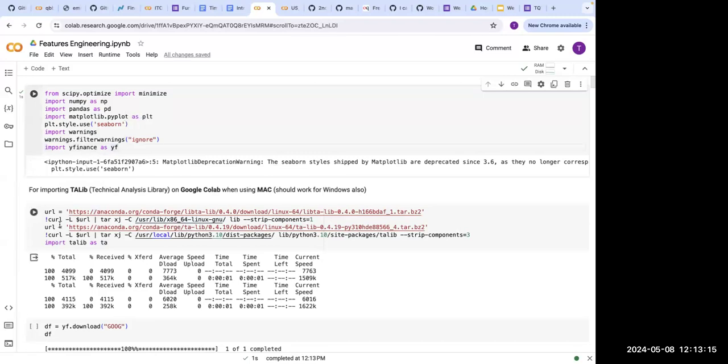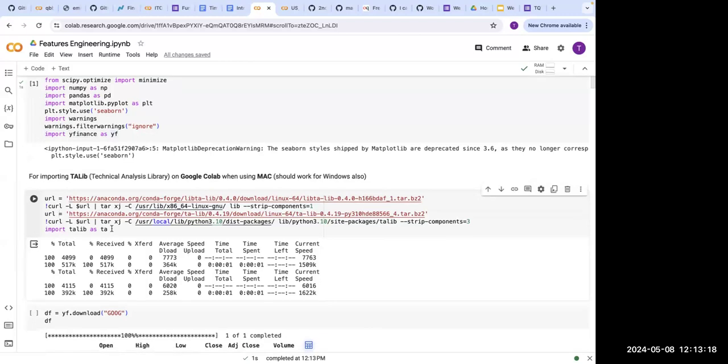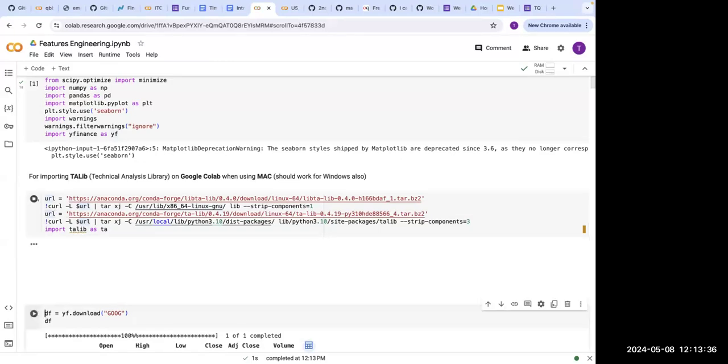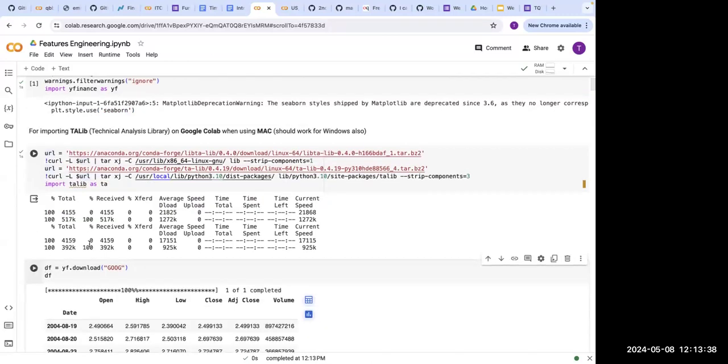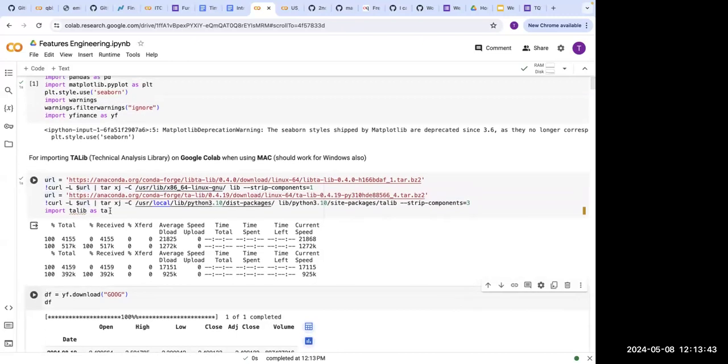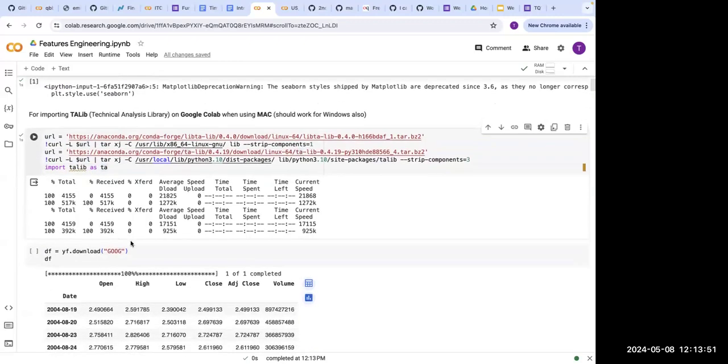That's first. And then you have one more library called TA-Lib. TA-Lib is short for Technical Analysis Library. On Google Colab, to import this you have to do some package adjustments. I found it out through other online portals, and it took me a while to figure out what was wrong. So try to run this. I hope this works. If you just do import talib as ta, it might not work, but usually that's the way you do it. So try to do it here.